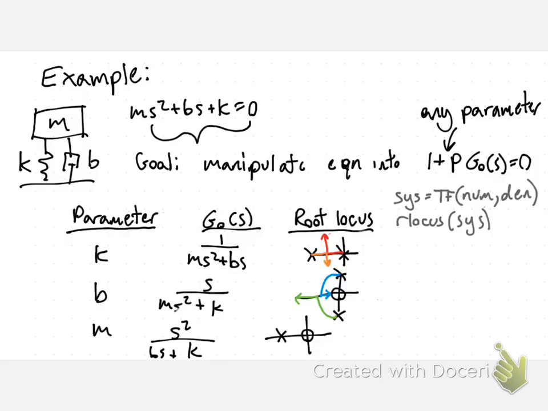So when a root locus is drawn, and this is something that you don't really have to know, but we have it that it will start at a pole and either go towards infinity in some direction or end at a 0. So in this case, we have a second order system, but our open loop system starts as a first order system with two zeros on top. So we're actually going to call in a pole from negative infinity. So what that will look like is we'll have a pole come in from negative infinity. At a certain point, it will go and close to a